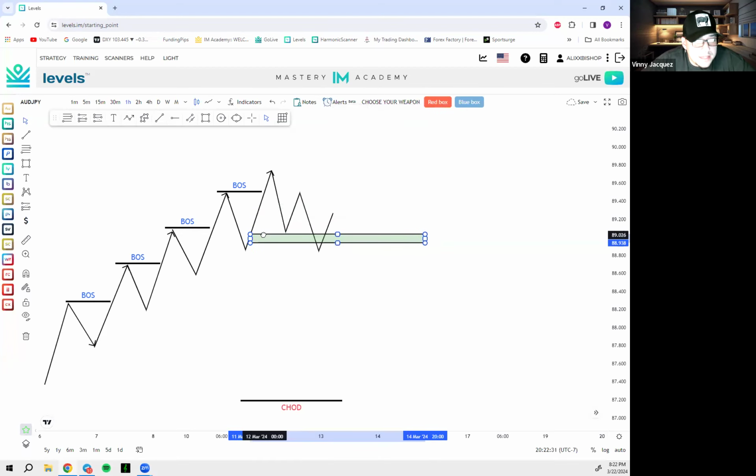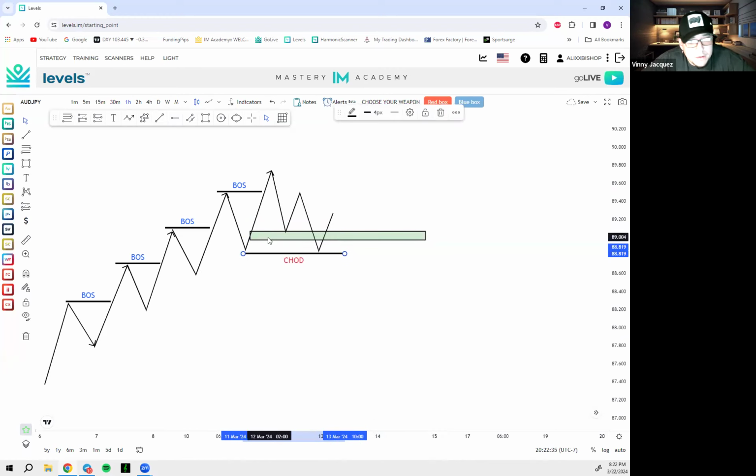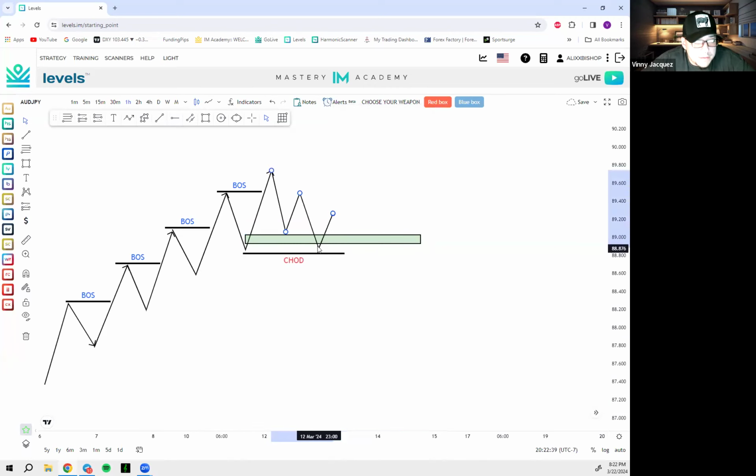That's why I like to say no matter what, until we break and close and change character, right? If we reject off here, that's fine. What do we have to look for? We have to look for the same setup. Let's just move this over here. Let's look for that inverted on that lower time frame, somewhere in here. Because as soon as we get that, we can go ahead and take it back up. Now, obviously, that's going to happen somewhere in here. Does that make sense, Edgar?